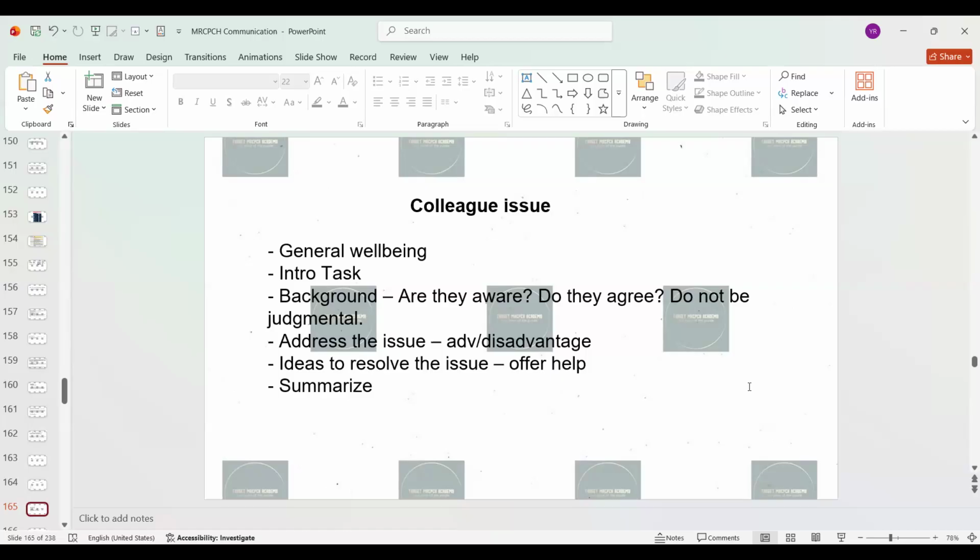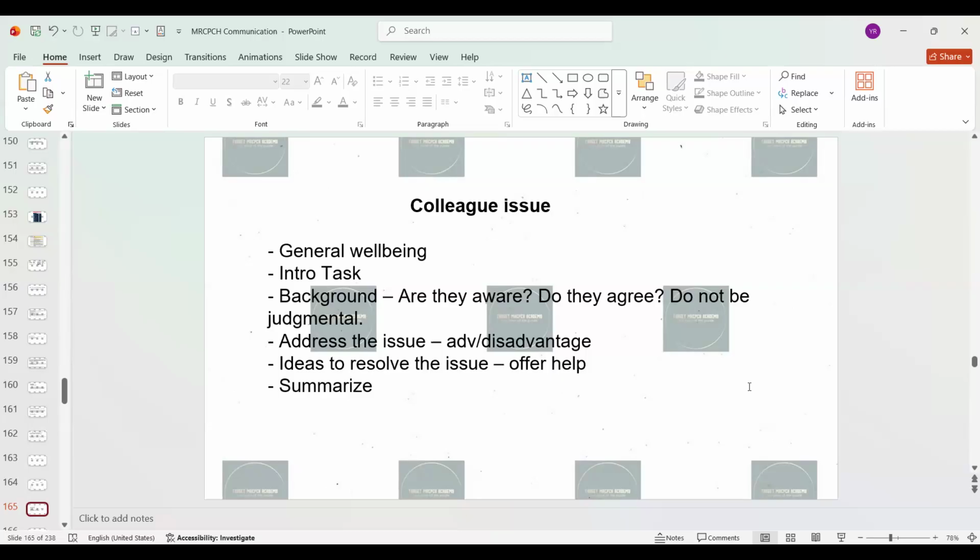For example, if this is a colleague who has come under the influence of alcohol, you should make them understand that that is not something expected of doctors. And alcohol has its own side effects. Their judgment might be compromised. They might say something that they shouldn't be saying. Their inhibition is compromised. There are lots of problems when a person is under the influence of alcohol, and it is not safe to be around patients when somebody is under the influence of alcohol.